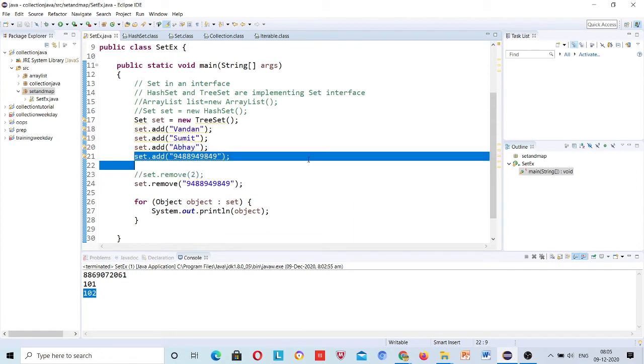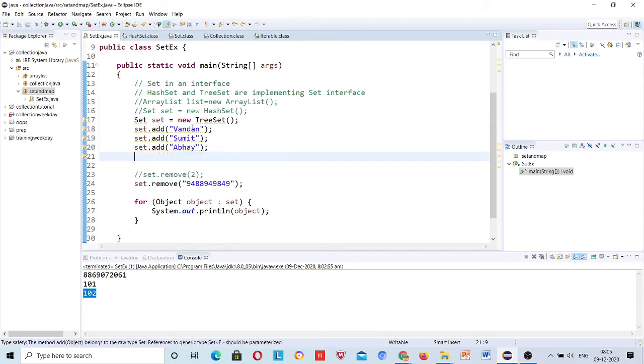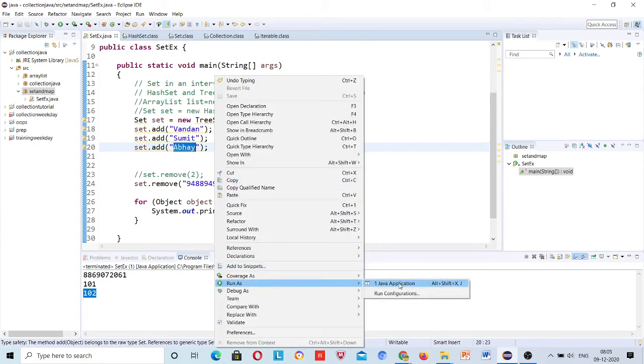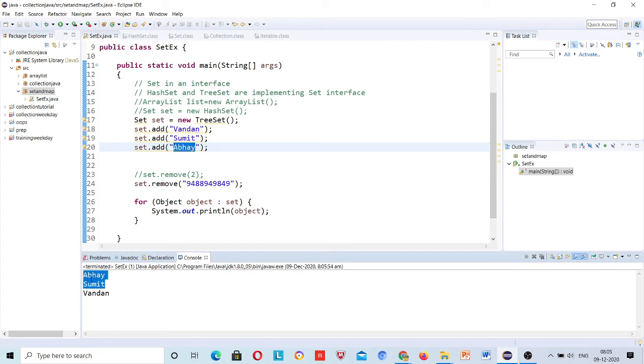Right now, see, Vandan, Sumit, and Abhay. Vandan should come last, S should come first, and then this: Abhay, Sumit, and then Vandan.